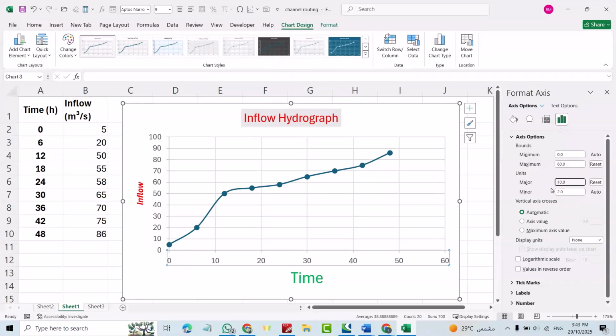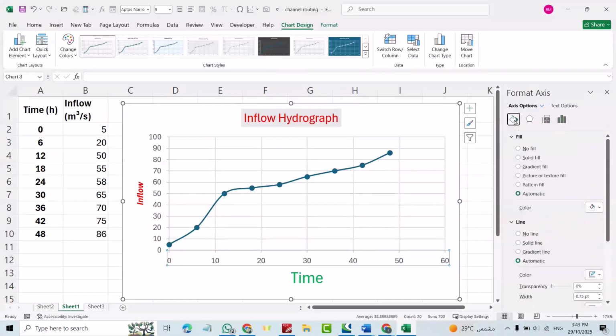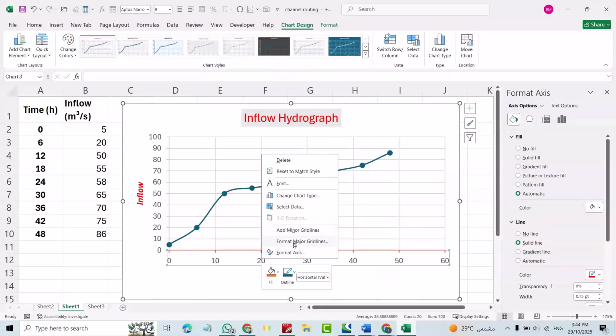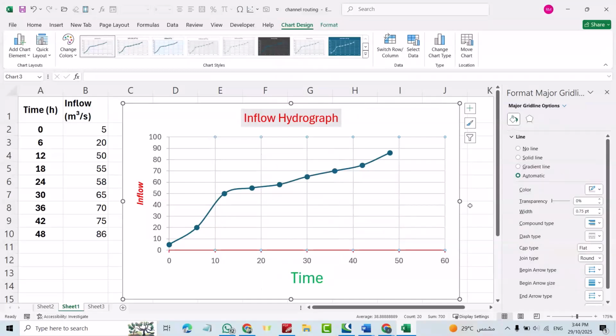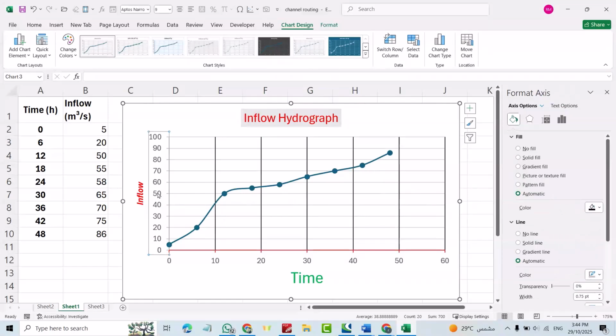Okay. You can change the color also for main bars from here. Color, line, solid line. Good. That's for outside color. Good. Right click, format major axis, major grid lines. From here you can change the color. Color, for example, this black color. Okay. For this one,